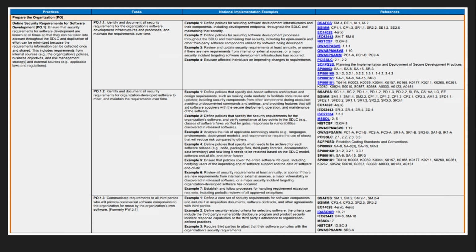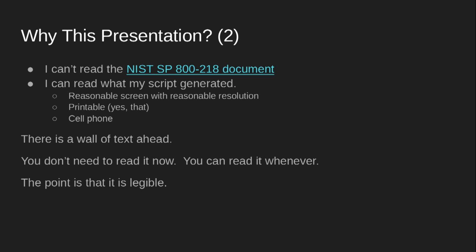But that's how you find things from NIST. There's a lot of information crammed into a spreadsheet. I think we all have learned that spreadsheets aren't the best way of doing things, but sometimes they're the easiest way and the most accessible to a broad audience. At least if you put it out in a spreadsheet, it's there, somebody can open it. Yeah, and so that leads to one of the reasons for this presentation.